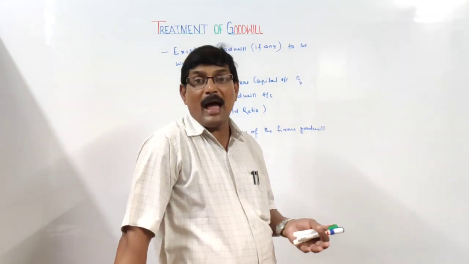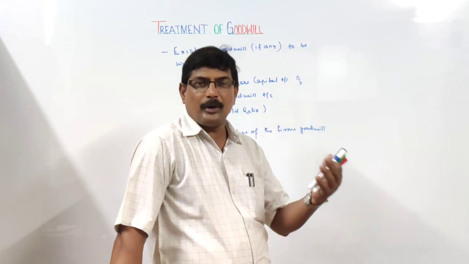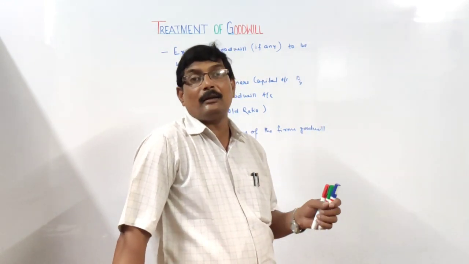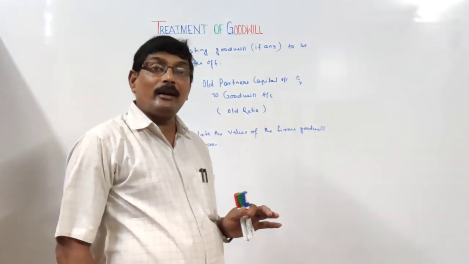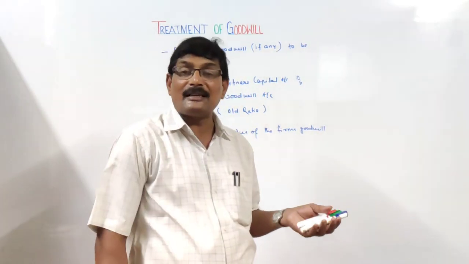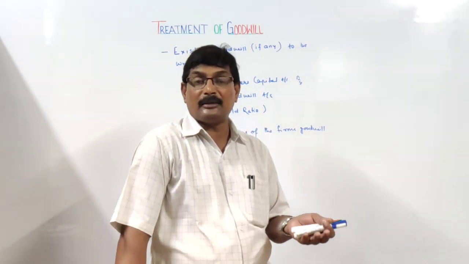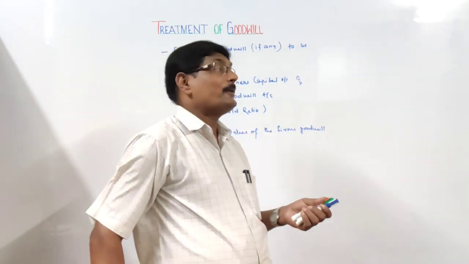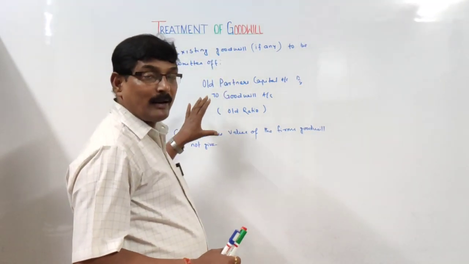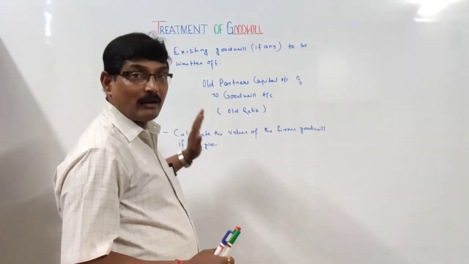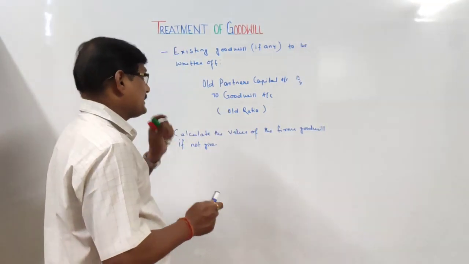But it may so happen that you will be given some information, like profits or weights, etc., and you will be asked to calculate the goodwill as well. How to calculate? We can apply different methods, like we have already done: average profit method, super profit method, capitalization method. So either it will be directly given in the question, or we have to apply the different methods to calculate the goodwill on the date of retirement of a partner. That is the second step.